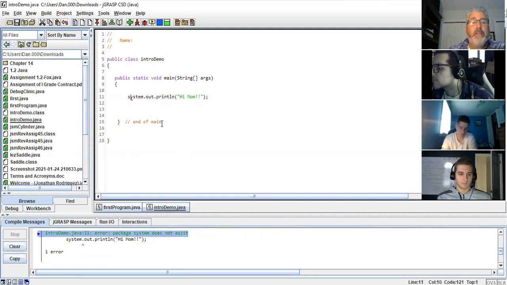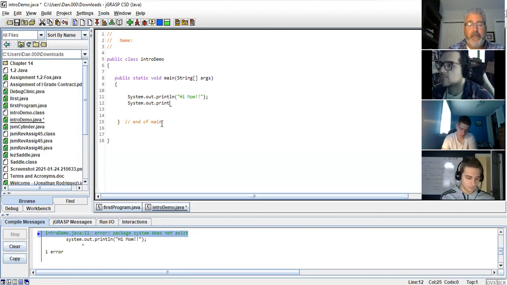That's because everything in this language is case sensitive. All right. So I'm going to go down and type in another line. You notice I indented consistently. So far, so good. But this time I'm not going to put the ln in. I'm going to do hi, dad. And when I run it,